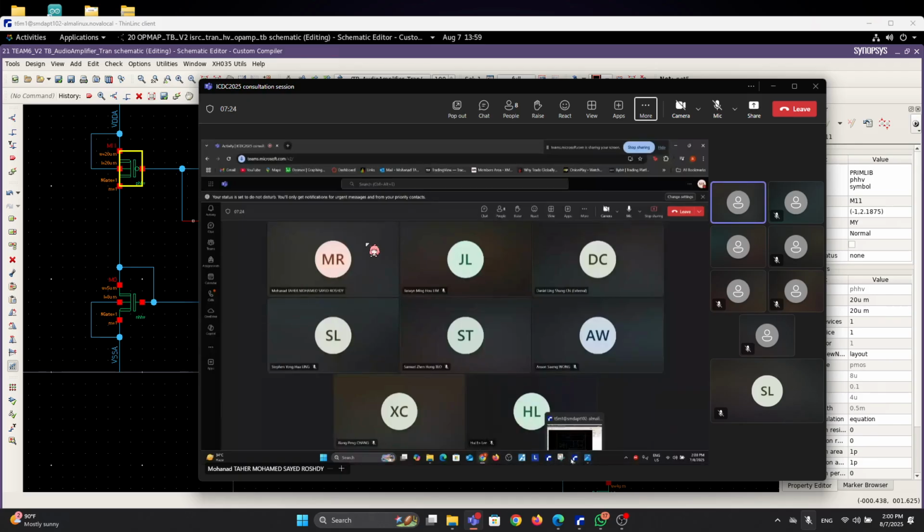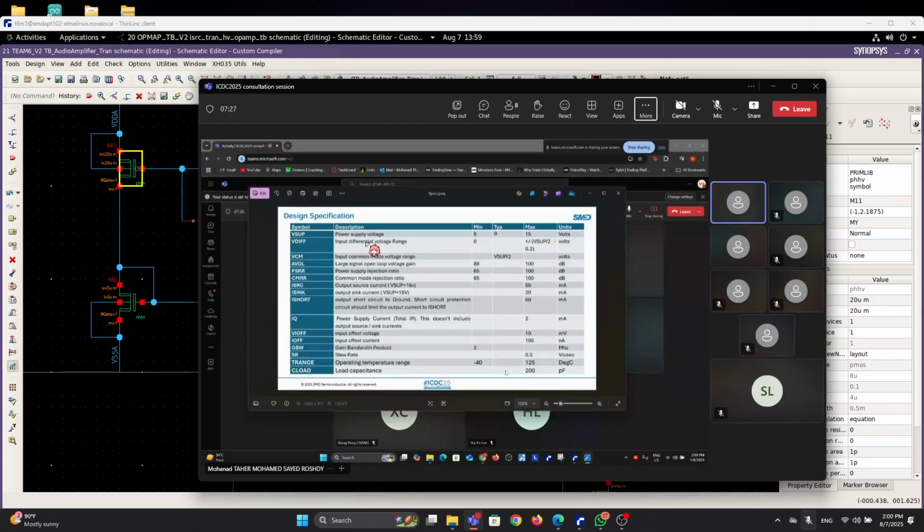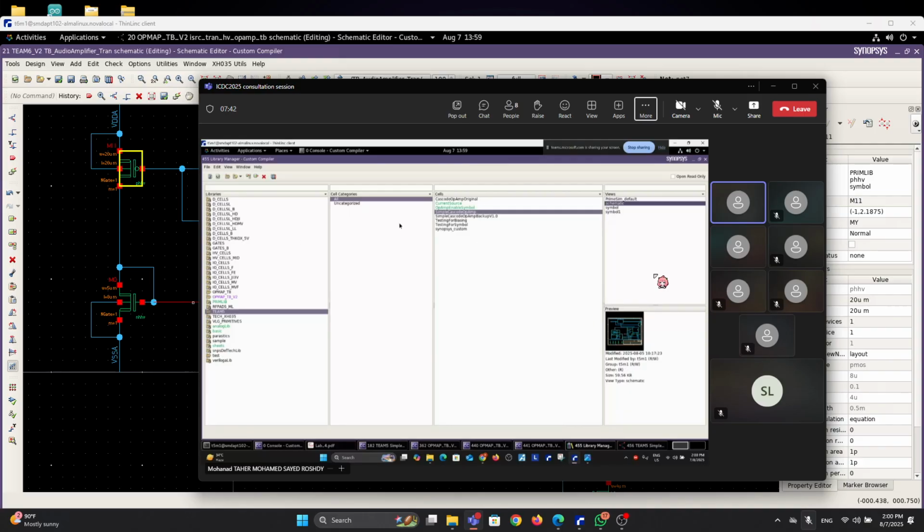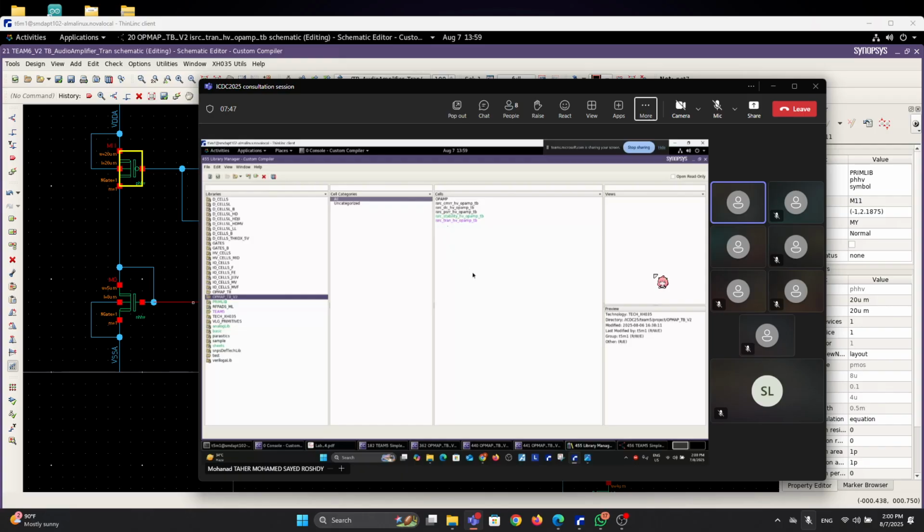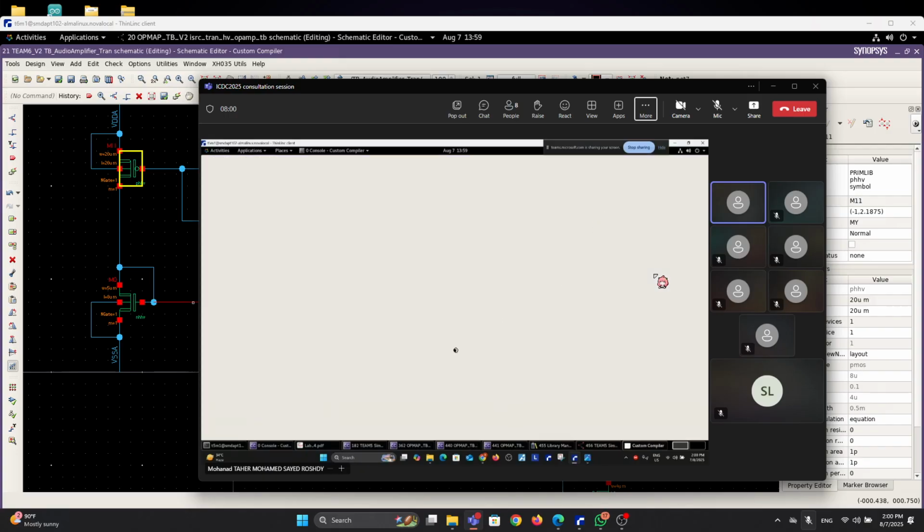So of course, we tried to run all of the different simulations, the corner simulations. As you can see, we had the PSRR, CMRR. Also, some of the simulations we needed to do were the DC and the stability and transient. Of course, we ran all of these. If I open one of them, for example the PSRR, if I open the schematic, you can see